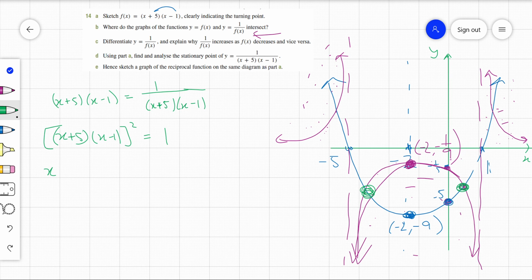All right, so probably if I were to expand, we've got x squared plus 4x minus 5, and we're squaring that, and then we're equaling 1. So we're going to get, if I square all of this, x,